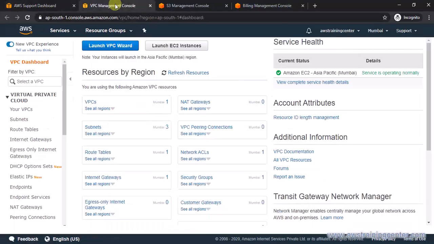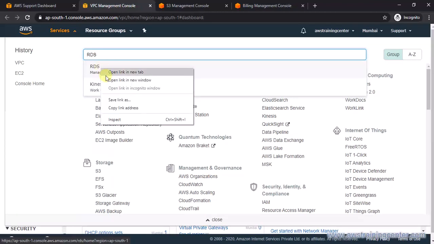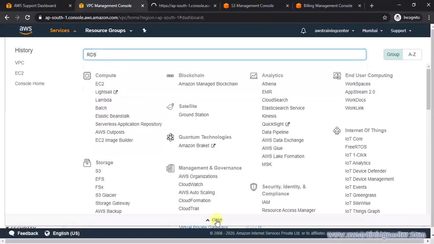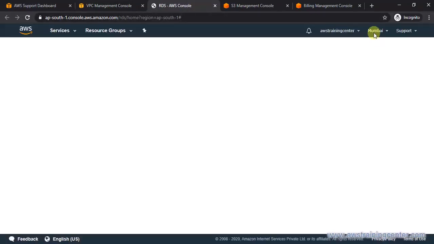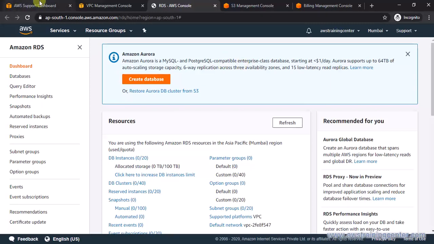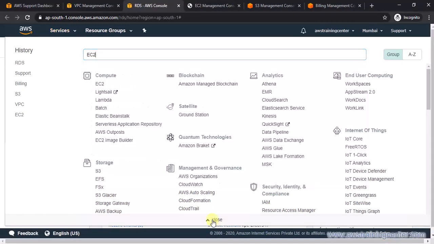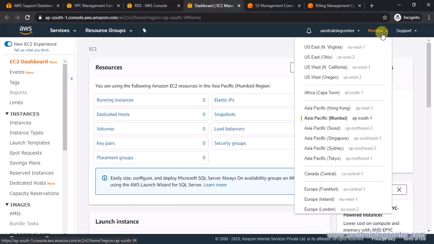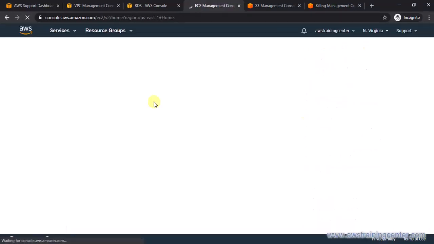Make sure you understand the console well. You should know how to go to different AWS services. For example, if you are in VPC and you want to go to the RDS service, just type in RDS and typically right click and open a new window, right? And then you get into RDS in the same AWS region. Similarly, if you want to launch an instance in, say, the North Virginia region, first go to the EC2 dashboard. That will take you to the Mumbai EC2 dashboard, and just change Mumbai to North Virginia, and that's how you get to North Virginia.